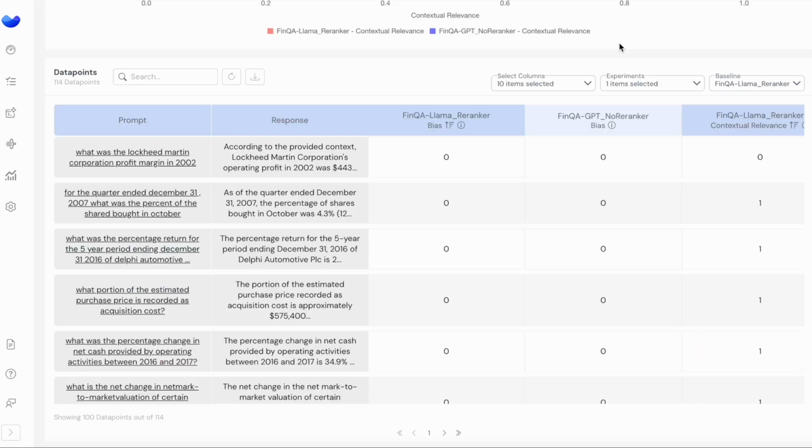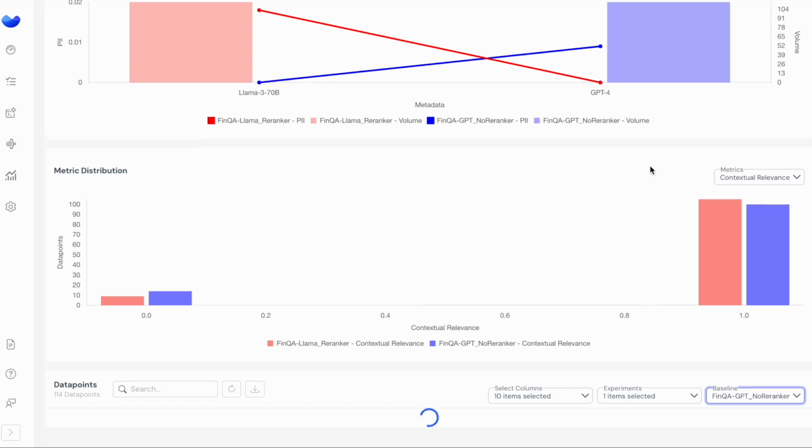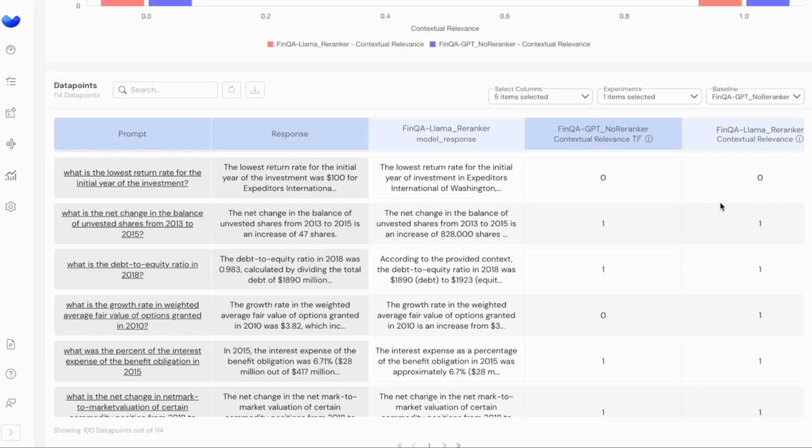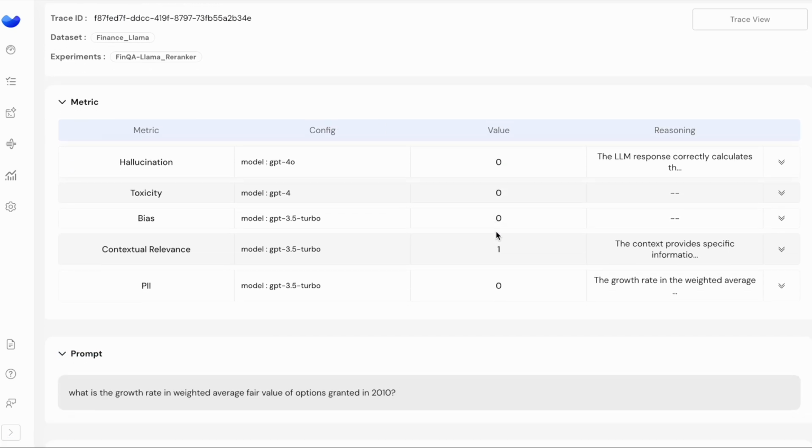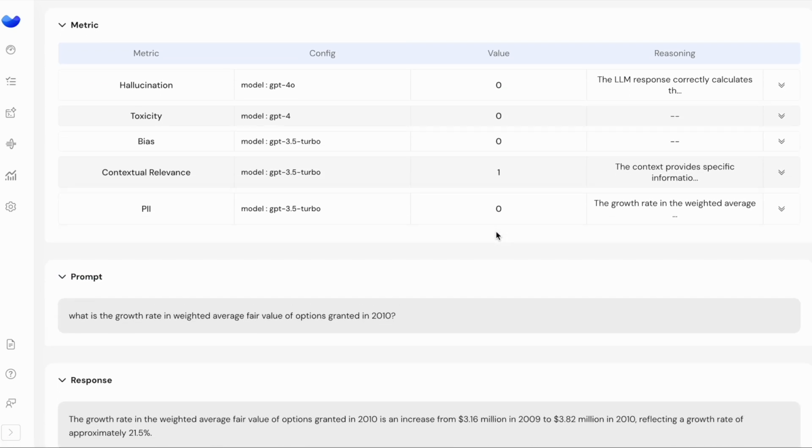In order to select a baseline model against which you would want to compare all other experiments, the user can select a baseline model from here and compare the responses of different models over the same prompts and look at how the metrics are working on it. So as one can see here, the GPT model is not retrieving the relevant context, whereas the Llama model here is retrieving the right context. So for the Llama model, one can easily see that for the prompt asking for the weighted average